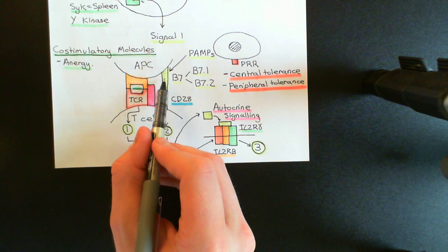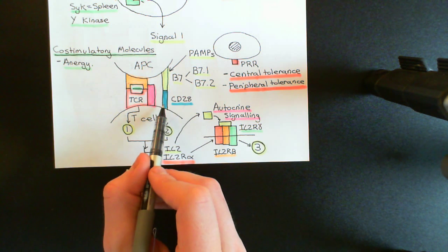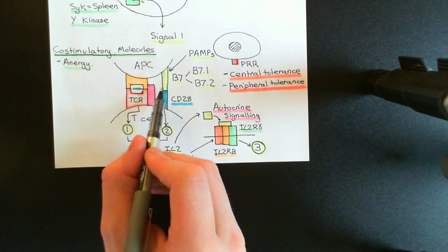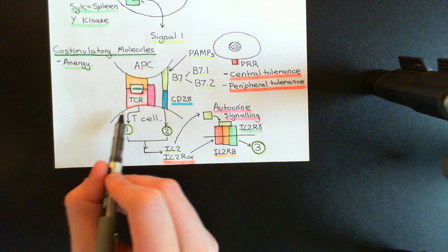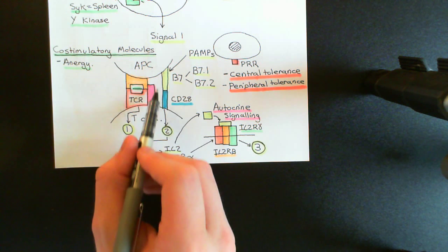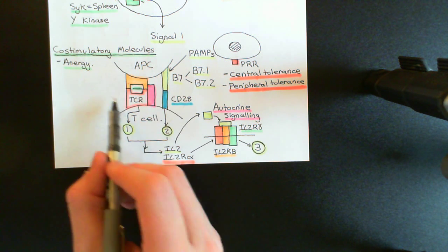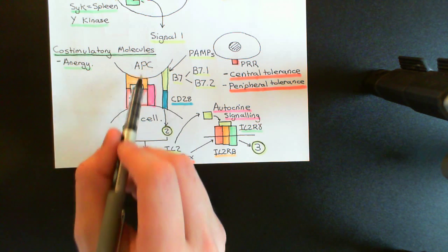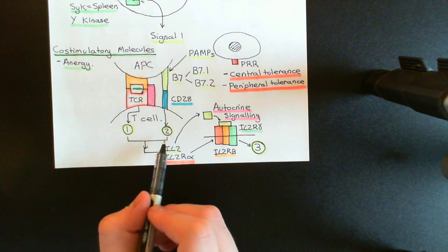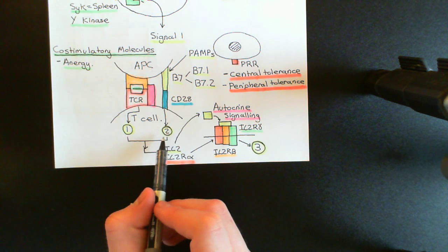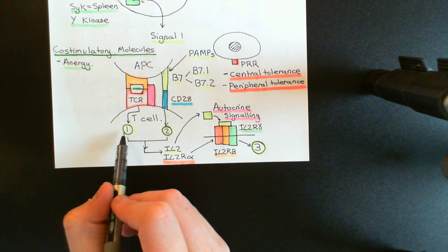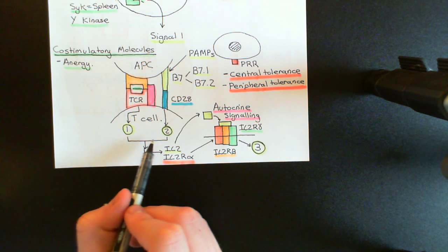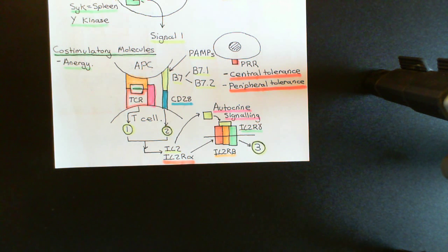Because you've also put the B7 molecules on your surface, you will also get those binding to CD28 proteins on the surface of the mature naive T cell. And I want to stress, although I've just shown one of these here, you'll form lots of these complexes in the junction between the antigen-presenting cell and the T cell. And these will initiate signal 2 inside the T cell. Signal 1 and signal 2 both have to be received together in order for this to happen,